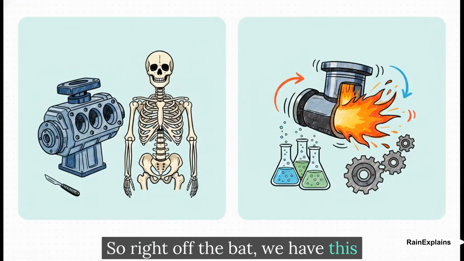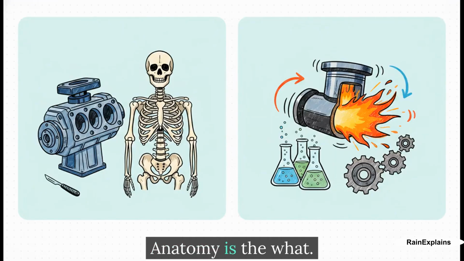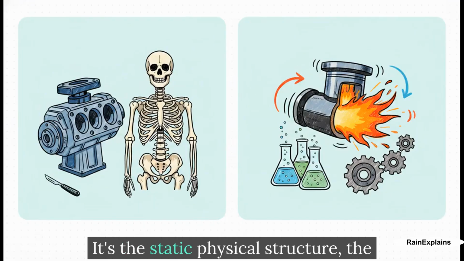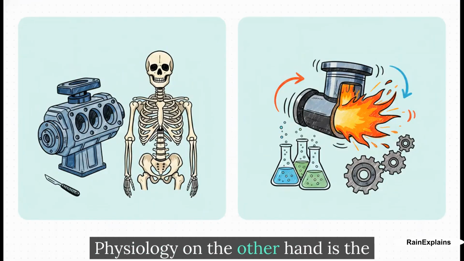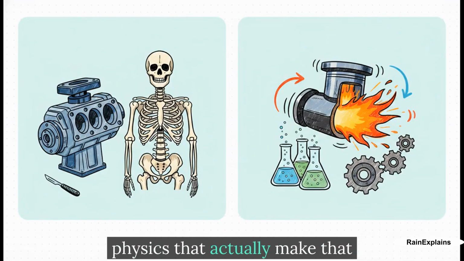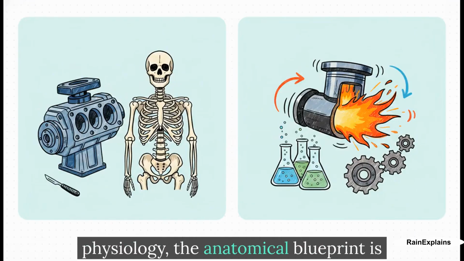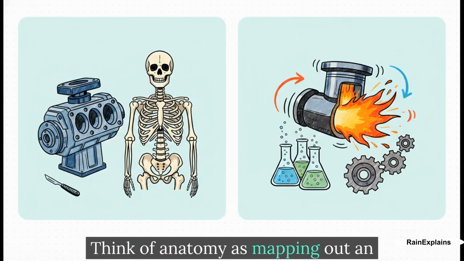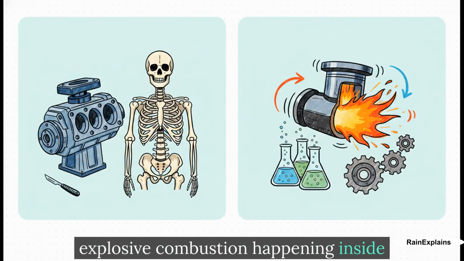So right off the bat, we have this fundamental contrast between the what and the how. Anatomy is the what. The word actually comes from a Greek root meaning to cut apart. It's the static physical structure, the bones, the organs, the tissues. Physiology, on the other hand, is the how, it's the function. It's the highly dynamic chemistry and physics that actually make that structure work. Without the dynamic processes of physiology, the anatomical blueprint is, well, just a lifeless shell. Think of anatomy as mapping out an engine block, but physiology, that's the explosive combustion happening inside that actually makes